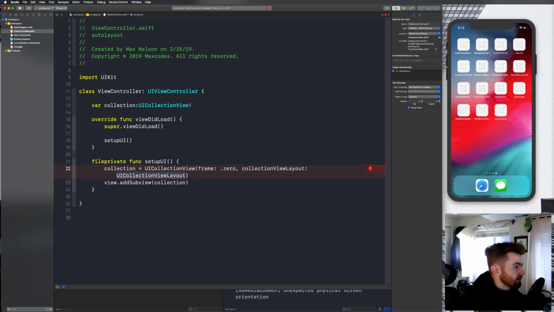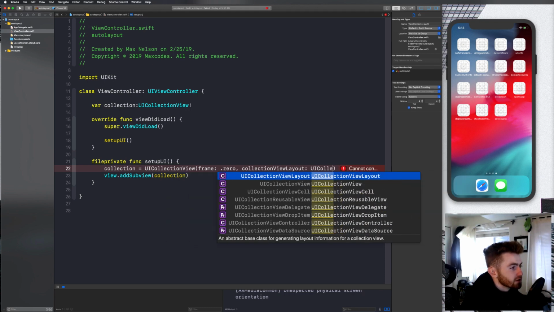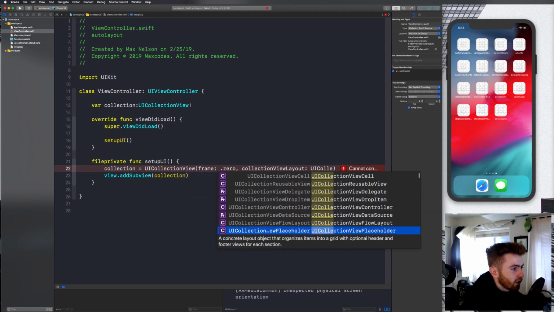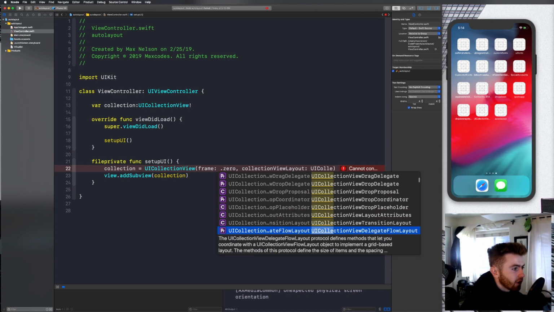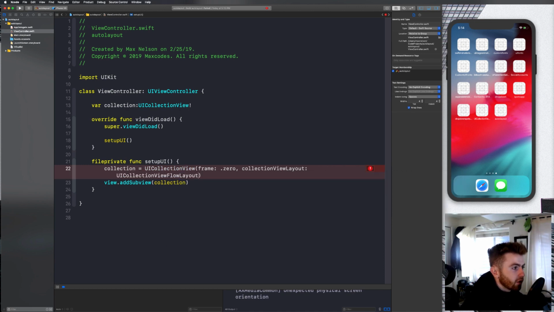So real quick, let's fix this error by saying UICollectionViewLayout. Let's say UICollectionViewFlowLayout. Either way, I typed it wrong. But where is it? UICollectionViewFlowLayout, and then initialize it as an object. Okay, there we go. Now if you compile it, it's going to work, but it's not going to